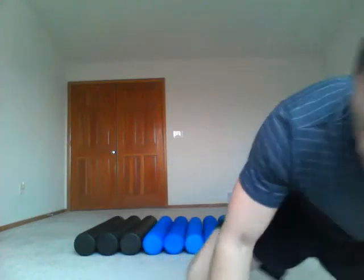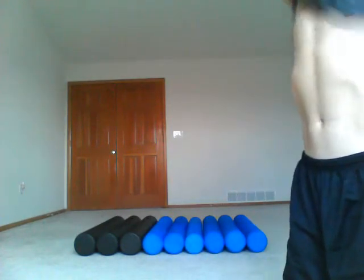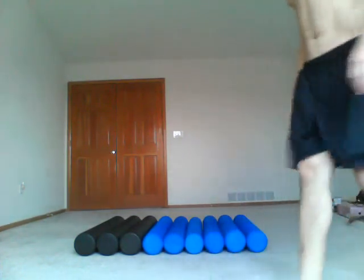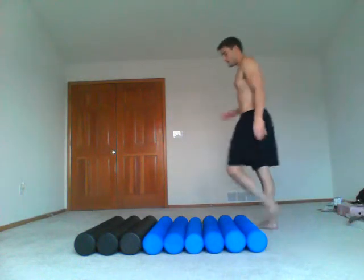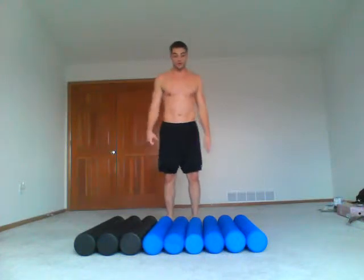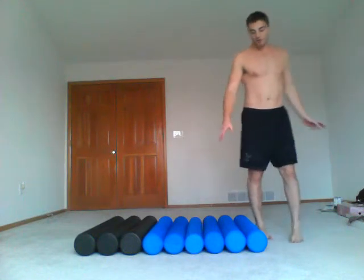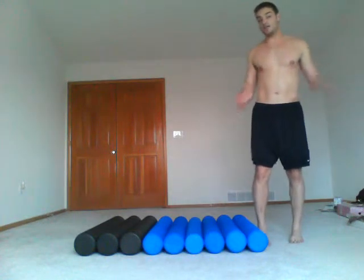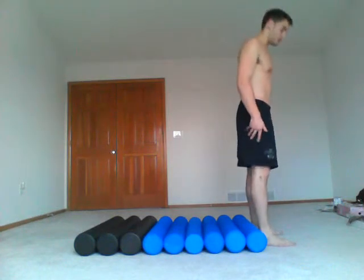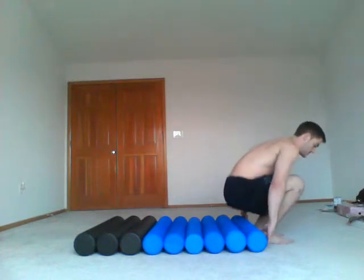Now it is often beneficial when foam rolling to do it shirtless, and this way your shirt does not get caught as you move on the foam rollers. Now here I have 9 foam rollers laid down, and you want to make sure they're straight from every which way. You do not need 9 foam rollers, but it is ideal to have every latitude line, as discussed on the website, supported. After we have them all lined up, you simply sit down,